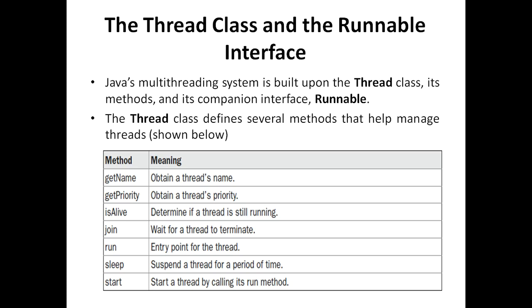So out of this, whenever you will be writing a program for creation of a thread, there are two basic methods you should use in the program. One is start, another is run. In the run method, you have to write what task you want to implement, and start you have to call in the program so as to run the run method of the thread class.